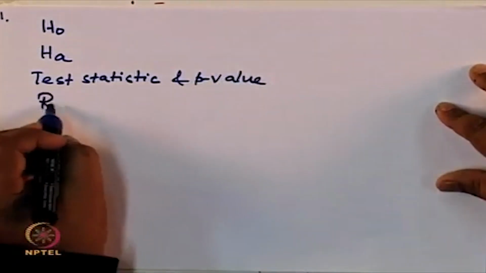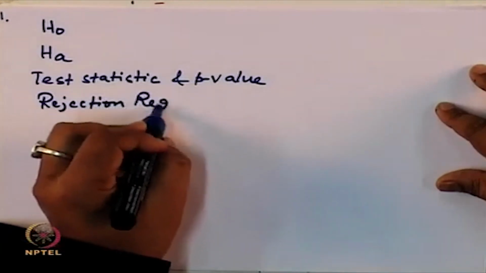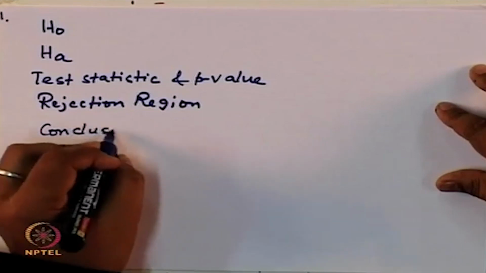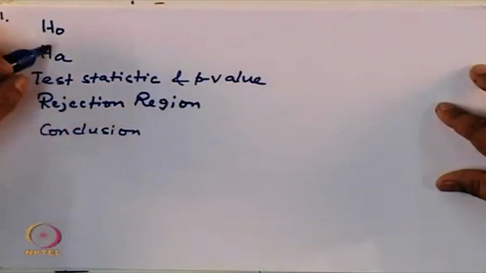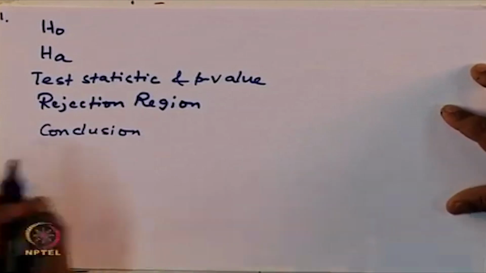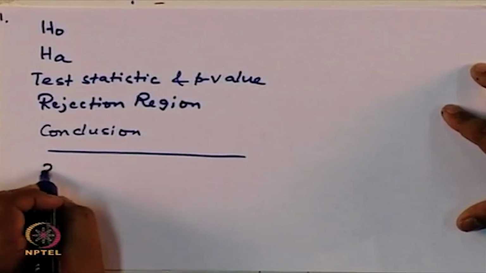You have a rejection region, and you draw your conclusion. If you change any one of these clauses, then it represents a new test of hypothesis. And in the last class we discussed in great detail, you can either have a two-tailed